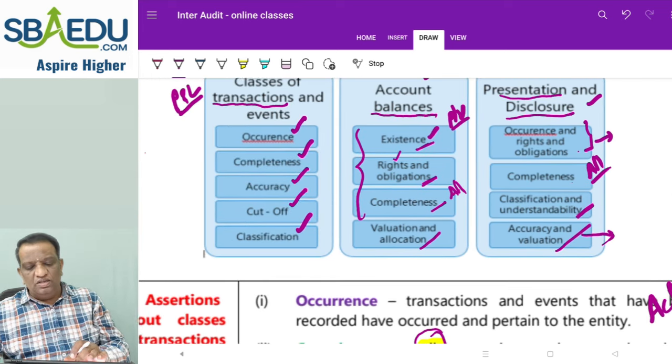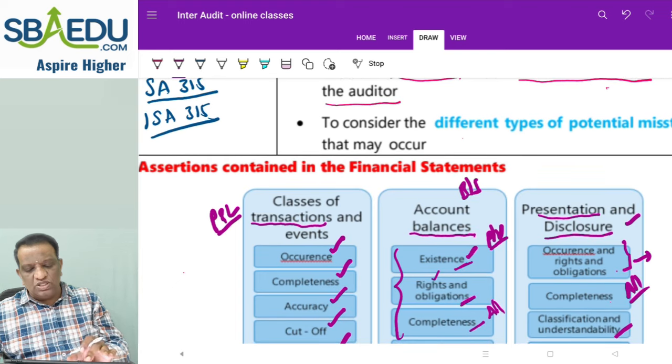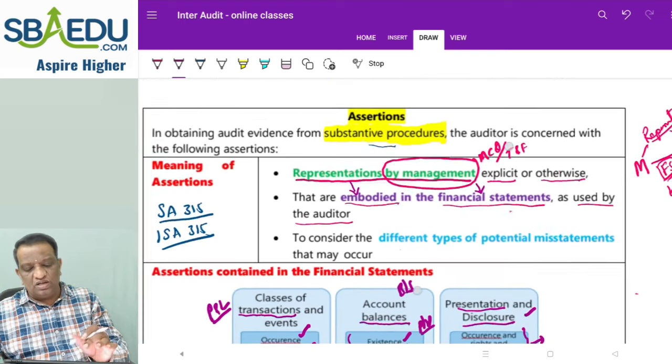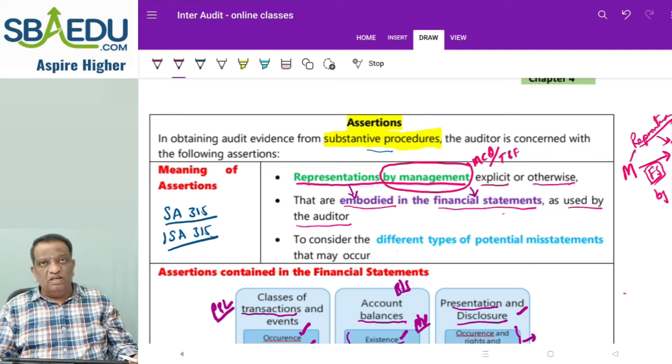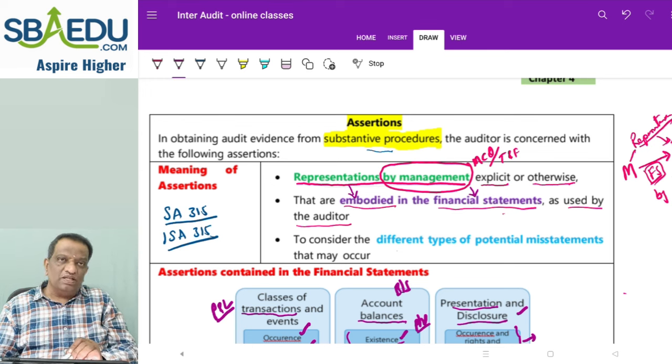So these are what we mean by the assertions and the types of assertions. As a quick recap, what do I mean by assertion? Assertions are nothing but the representations. Who is making this representation? The management is making. And where are they making? Are they giving any letter? No, they are not giving any letter. These representations are already embodied in the financial statements, which are used by the auditor. Why is the auditor using them? To express a true and fair